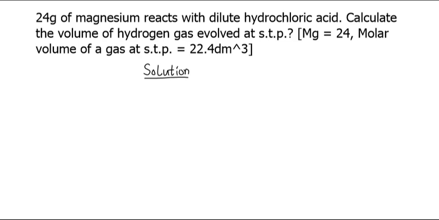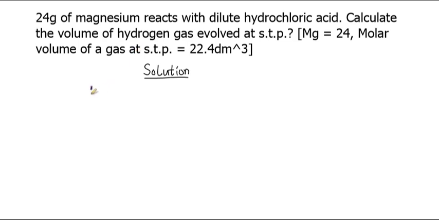Now going back to the question, we have the reaction between magnesium and hydrochloric acid. So the first thing to do, before thinking of the formula to use, is to write out the chemical equation showing the reaction between the magnesium and hydrochloric acid. So that will be the first thing we'll be doing here. And for that, we have